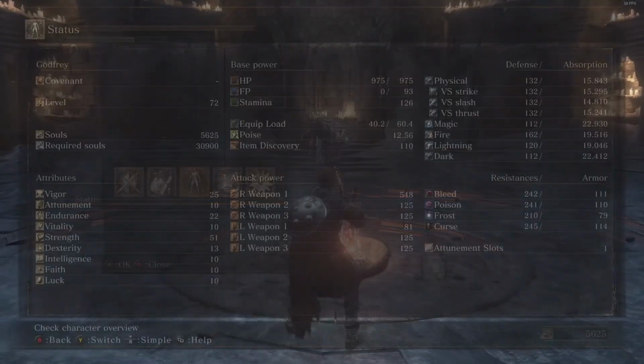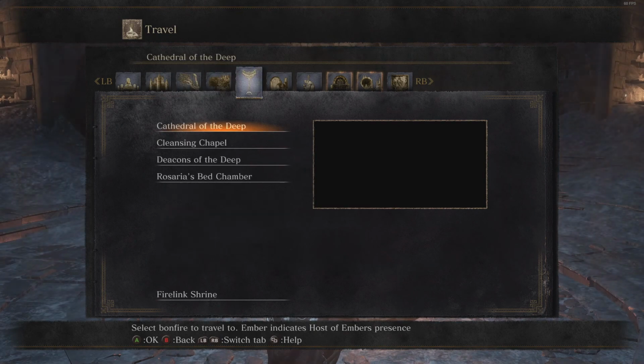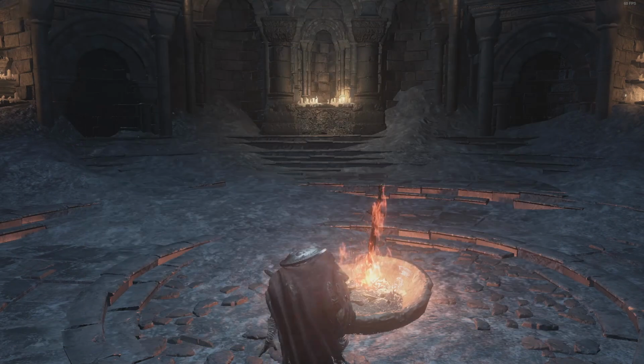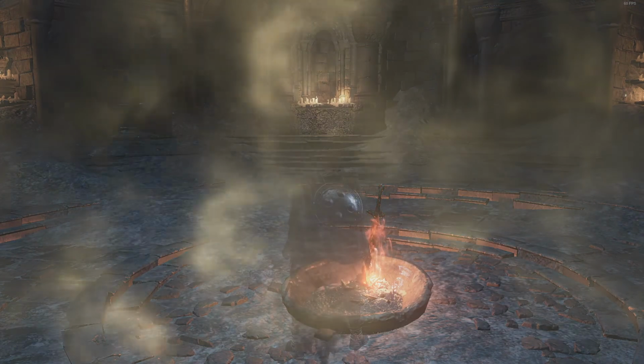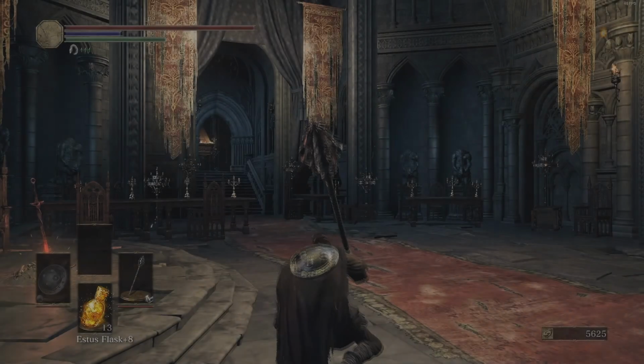Alright, let us continue. How much damage do I do right now? 548 damage. That's a lot of damage. Alright, I want to go over to Lothric Castle, and let's finally make my way to the Consumed King's Garden, and hope that I can get through this session properly, because